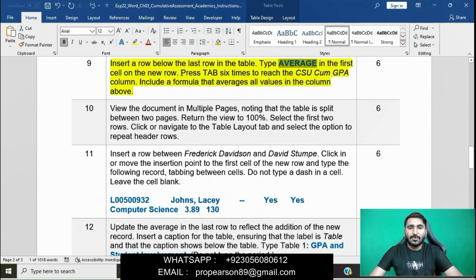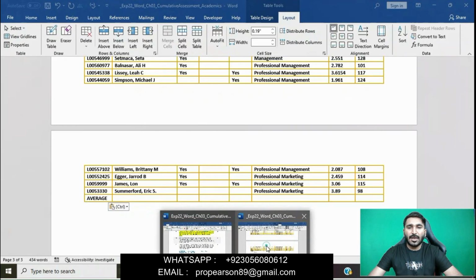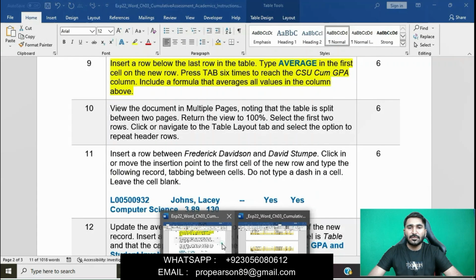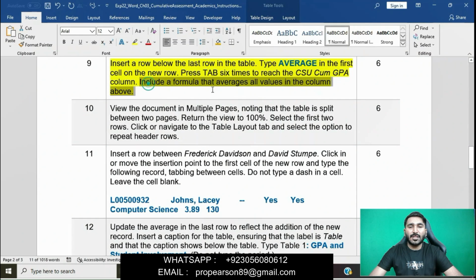Press tab 6 times to reach the CSU GPA column: 1, 2, 3, 4, 5, 6. Include a formula that averages all values in the column above.